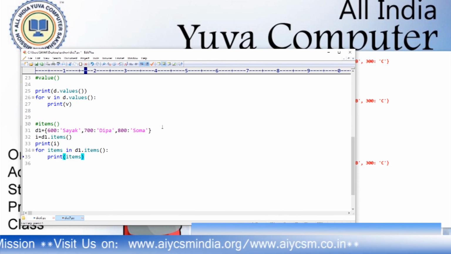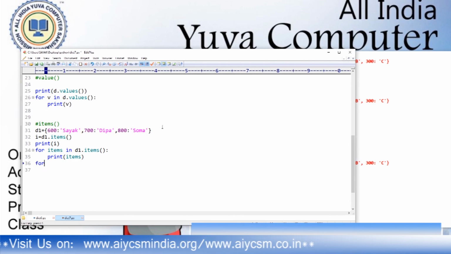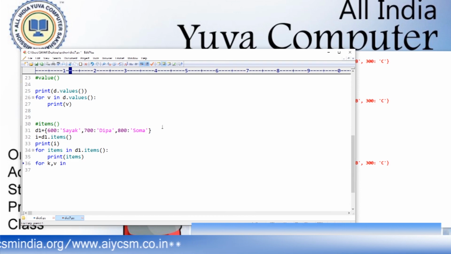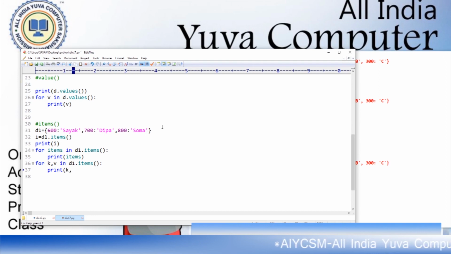And now if you use another for loop, k for key, comma v for value, in d1 dot items, and now print k, comma v.